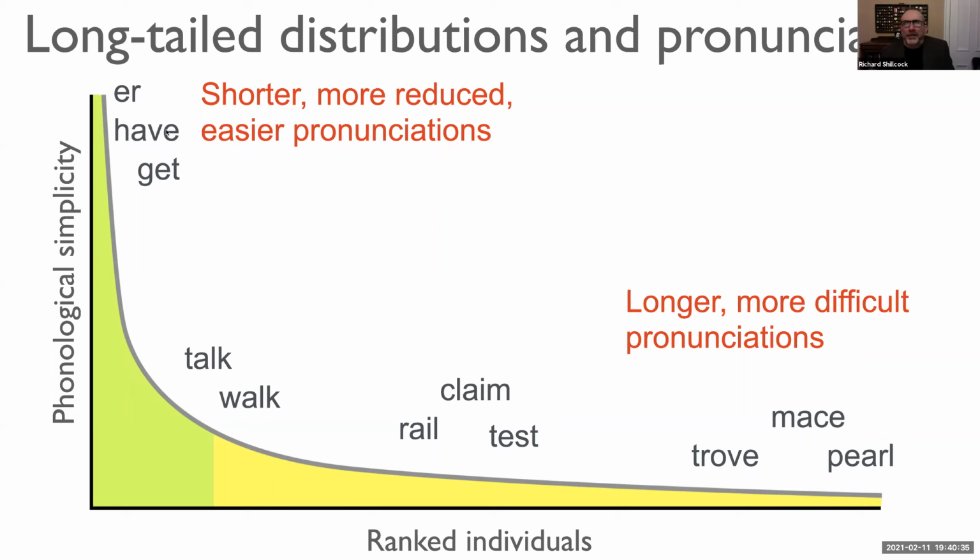If you look at when kids start to deploy the phoneme j in the word leisure, it's not till like 6, 7. So it's a hard thing. For the weirder words, you have these longer things with more consonant clusters like tr and rl here. They're longer words. They're kind of harder to say. So that's the kind of progression you get along the long tail distribution like that.